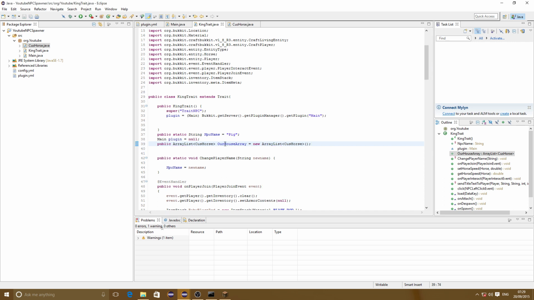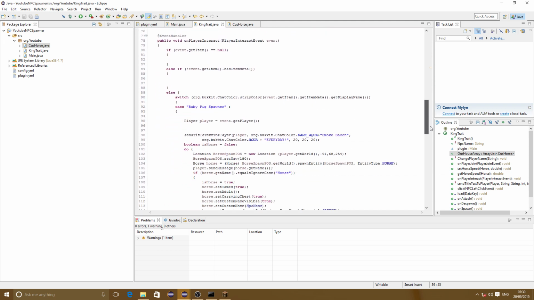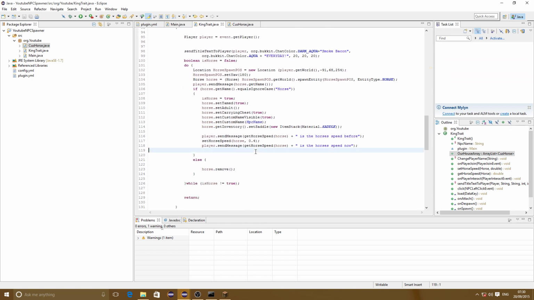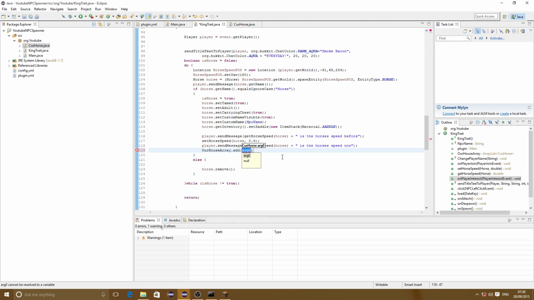So now we can actually store our new horses in this array, and you can delete this if you ever need to, but in our case we're just having it for collection. So now we can go down to the bottom where we got our horses being made, and now we can do horse array, and then we can add our custom horse that we've just made. But as you can see, we've not yet made one, so let's make one. So we got custom horse,